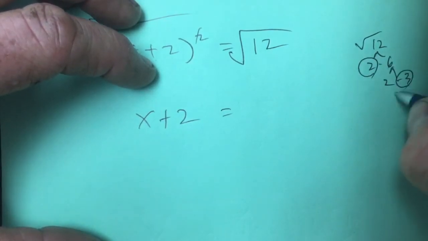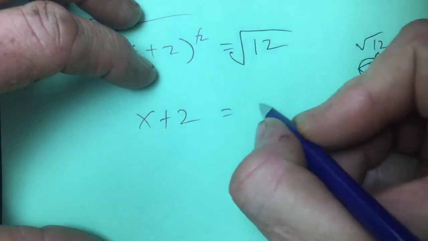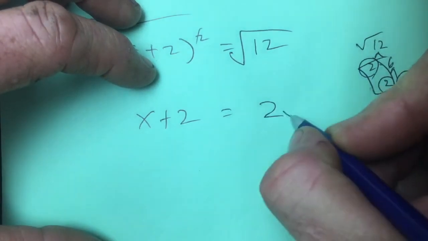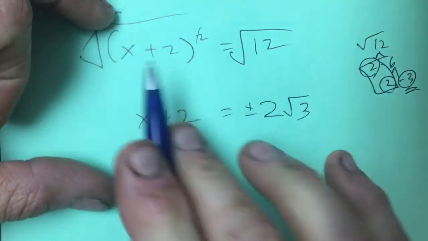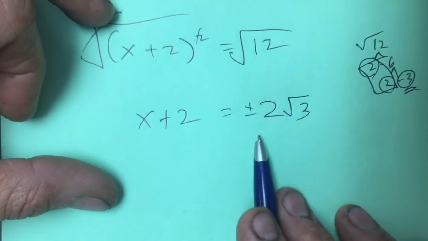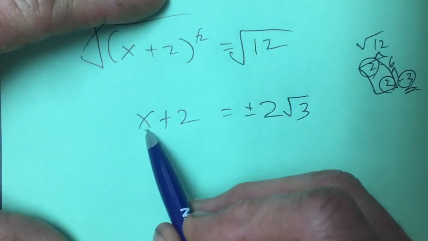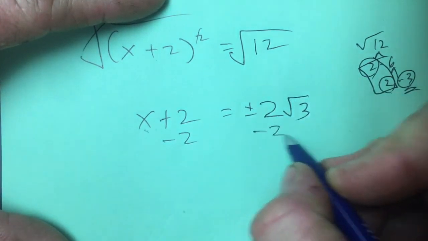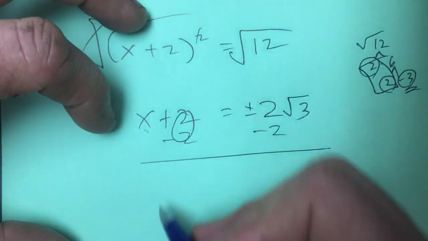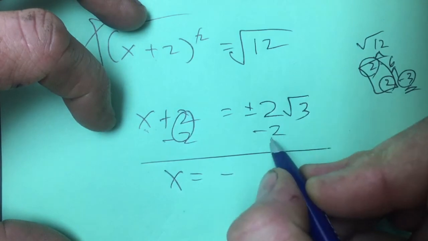6 is 2 times 3, and I've got a pair of 2's. So the 2 comes out, the 3 is stuck. But it could be plus or minus. Anytime you square root both sides, it could be plus or minus. All right, well, I don't have x, I've got x plus 2, so I subtract 2 on both sides, which makes this cancel off. And x is going to equal, I always put this number first,